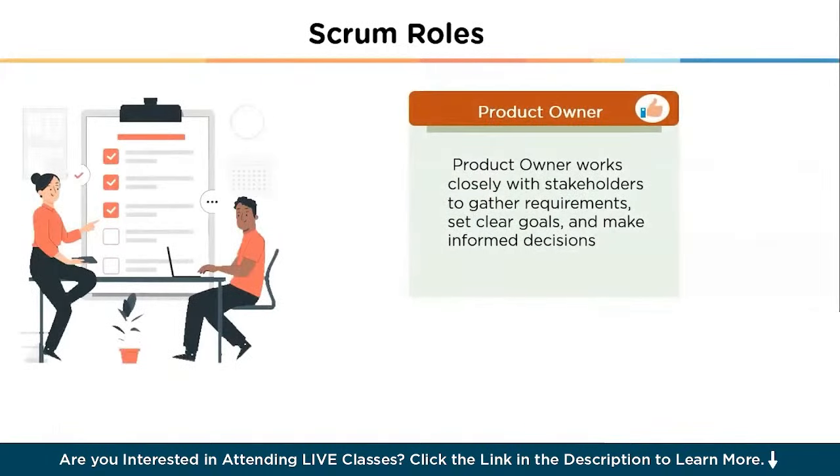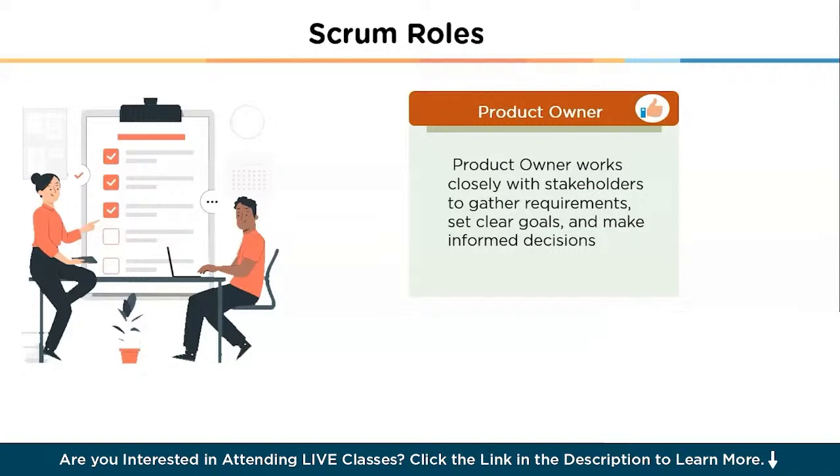The product owner plays a very crucial role in Scrum, acting as the voice of the customer. So this is the first Scrum role that we see in Scrum methodology, that is the product owner. This individual is basically responsible for defining and prioritizing the product backlog, ensuring that the team focuses on the most valuable tasks. The product owner works closely with stakeholders to gather requirements, set clear goals, and make informed decisions about